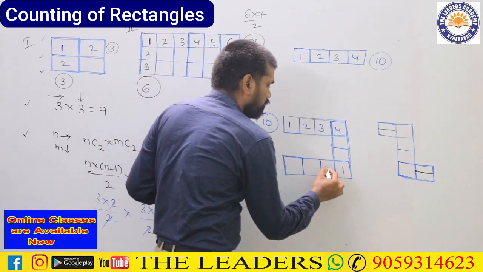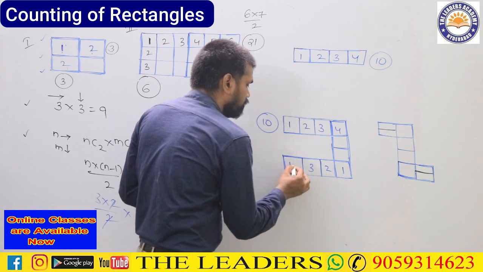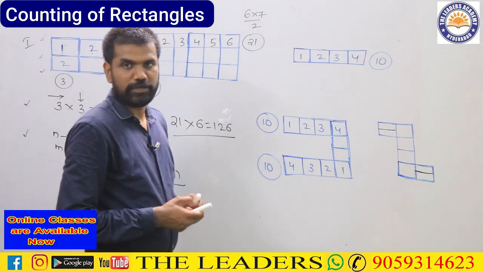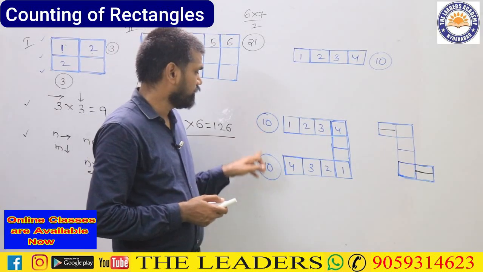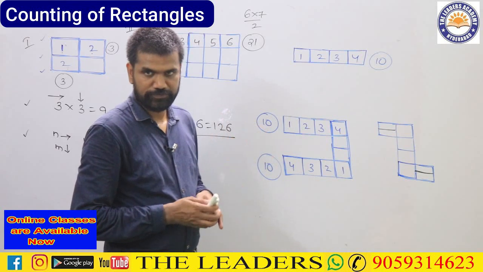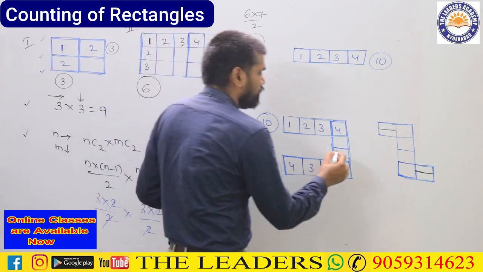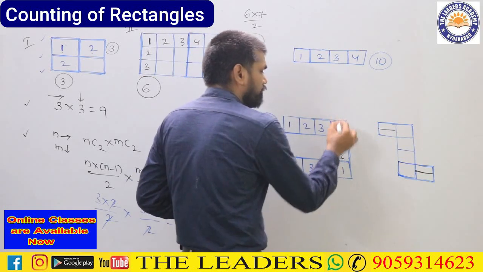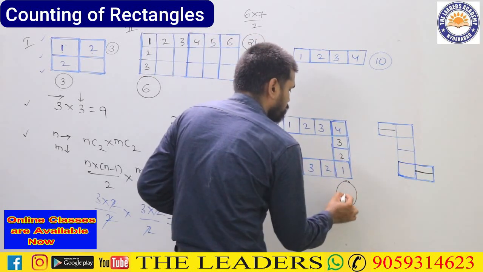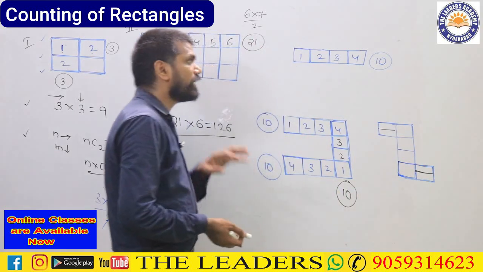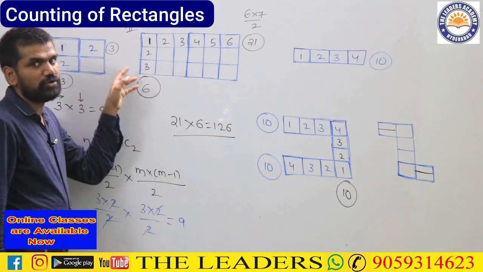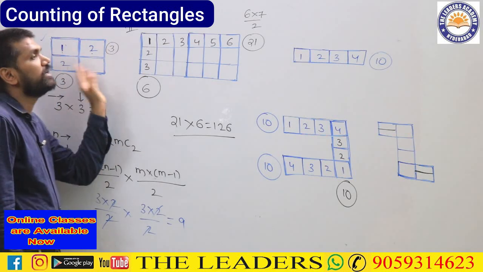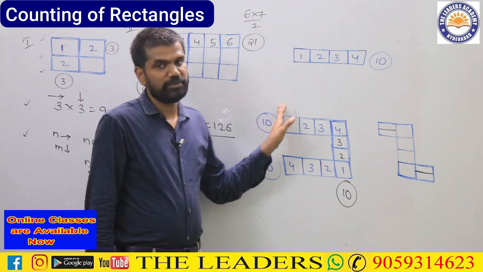Again 1, 2, 3, 4. This also is giving me how much? 10. In total I have till now how many? 10 plus 10, 20. Further, if I write the numbers like this, 1, 2, 3, 4, this sum is giving me how much? 10. Now you cannot multiply the way we did here, because that multiplication will come only if you are having a closed grid like this. It is not a closed grid. Please try to understand that.